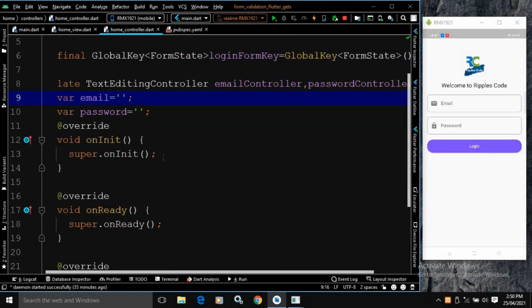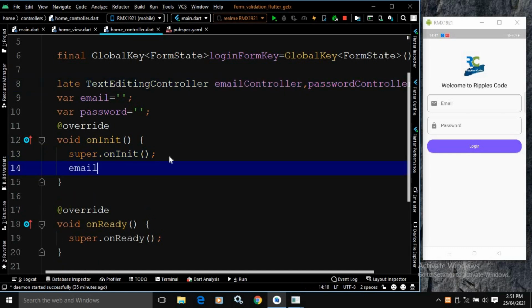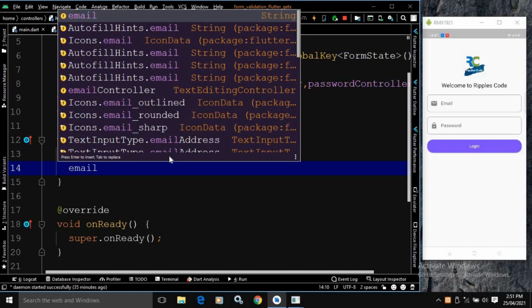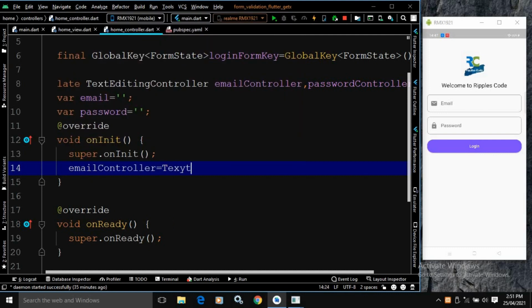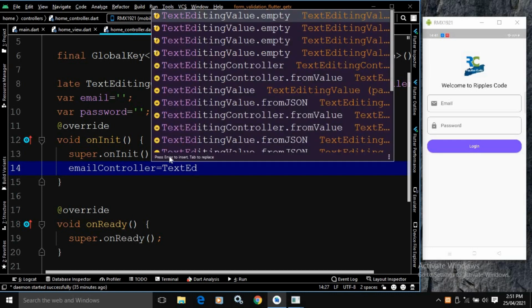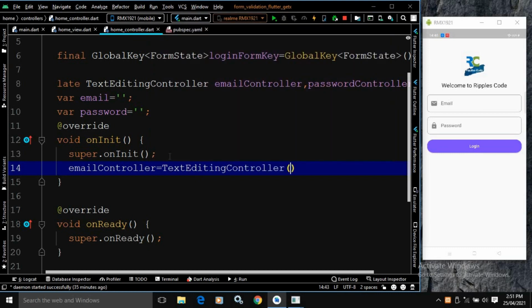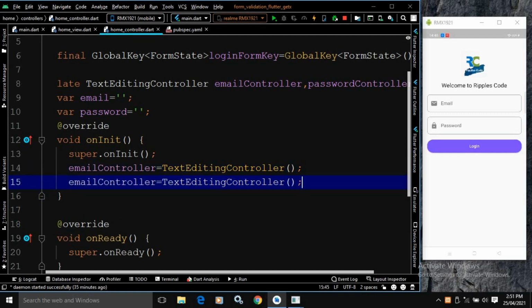Now in the onInit method, I will create the instance of these TextEditingControllers. So here I will write emailController equals TextEditingController. Let me copy this and paste it here.